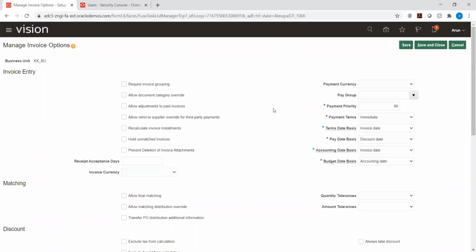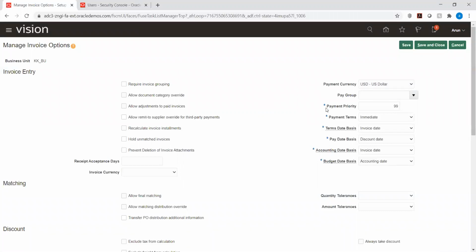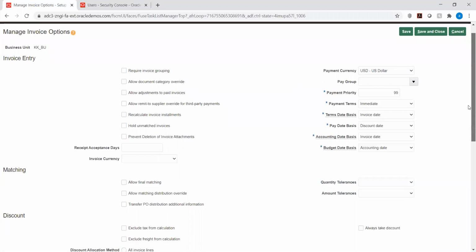This is the same as a payable option. But in payable option, we have the payment option together with invoice and payment. Here it is separate: the invoice option is separate and the payment option is separated. That is the only difference.